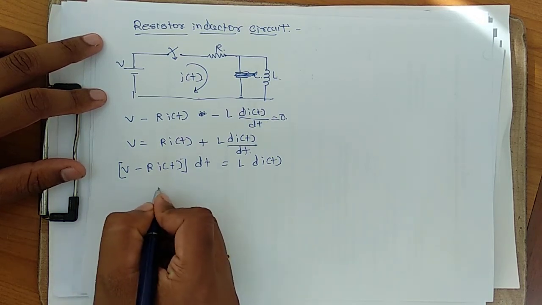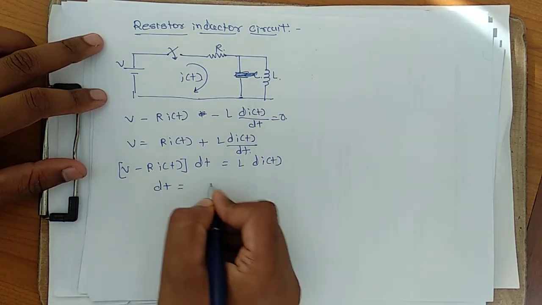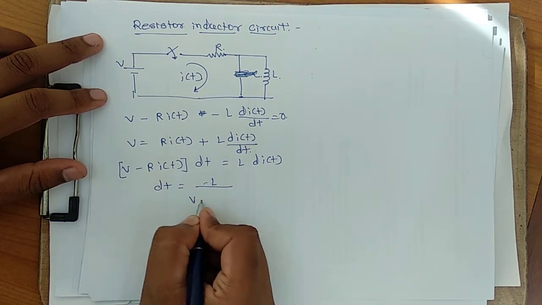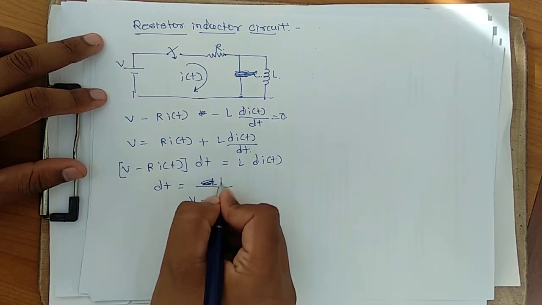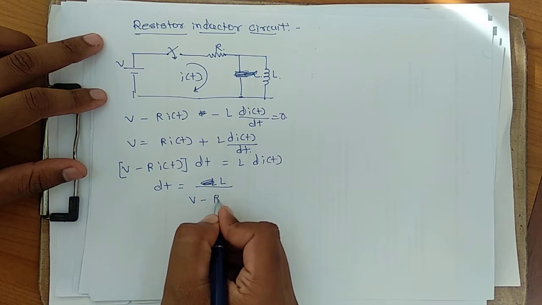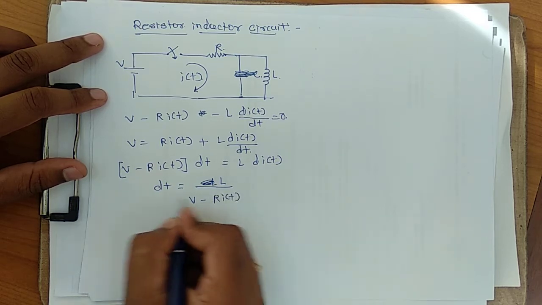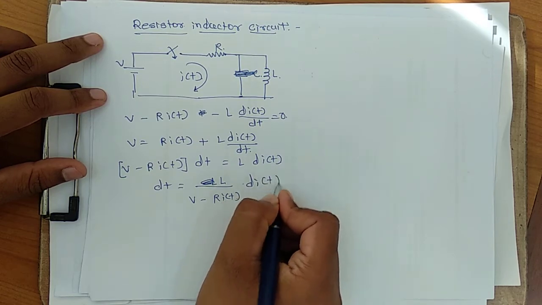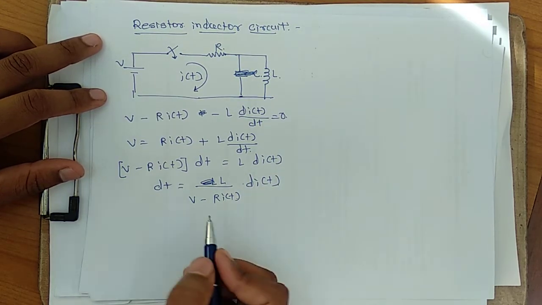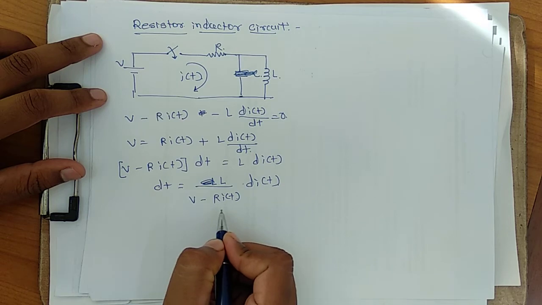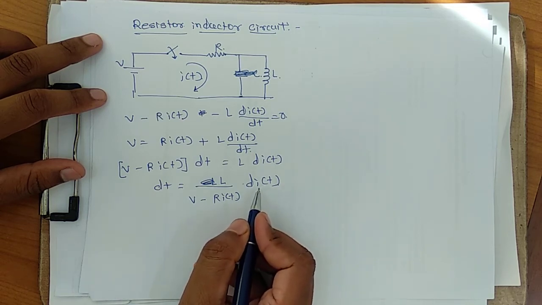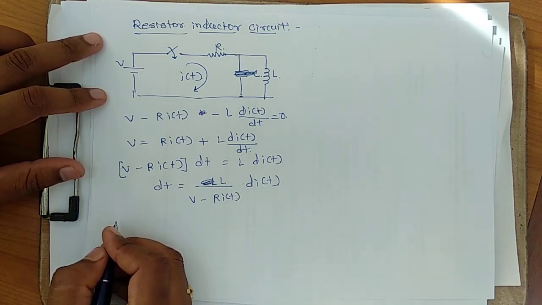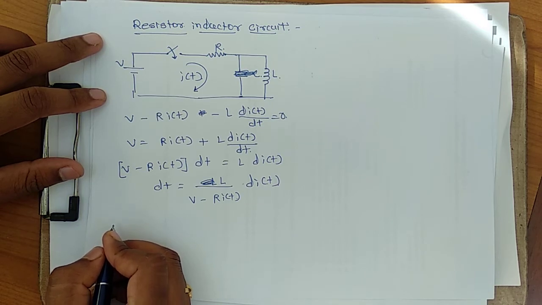I am just making some changes in the equation. So dt is equal to L divided by V minus R I of t dI of t. I am just adjusting the functions so that it will be easy for us. So I have taken dt on the left hand side, and L divided by V minus R I of t dI of t. Now integrating both sides,